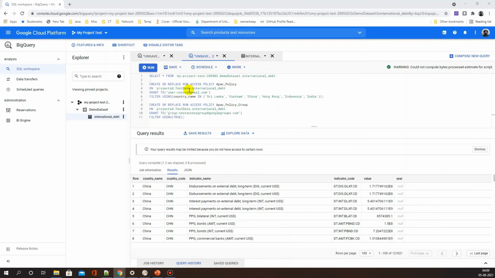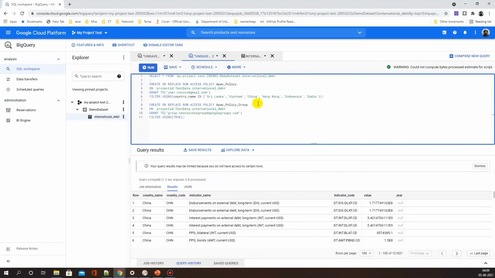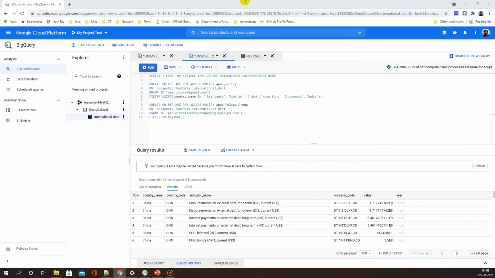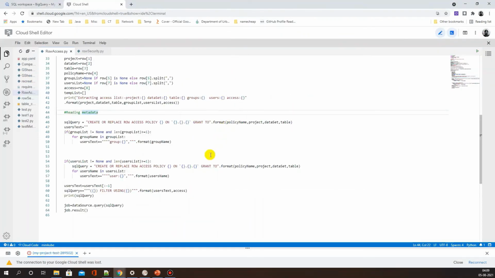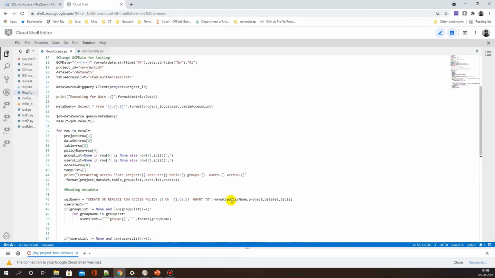You can't possibly go on adding in this format, and normally you'll want to have this automated. So I have written a small Python script which I'll share on the GitHub page. You can have a look at it. It's very simplistic and straightforward, and you can use it for iterating through and applying a list of users and policies together to a certain table.